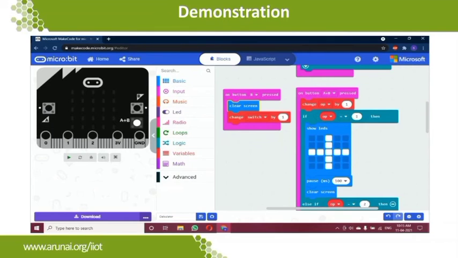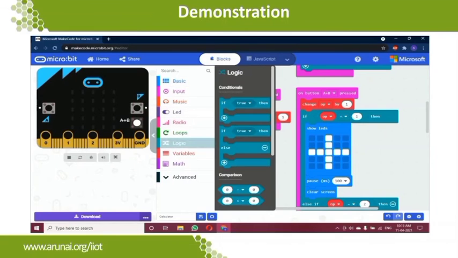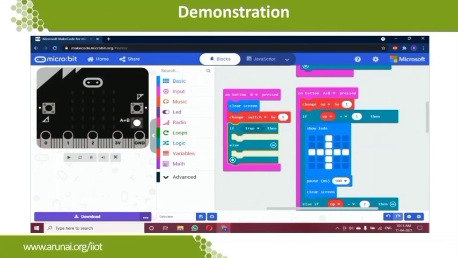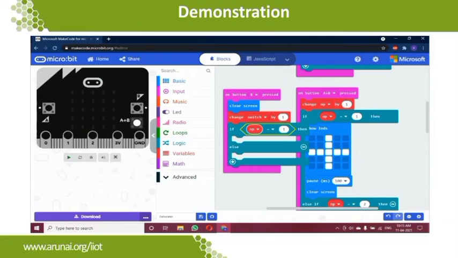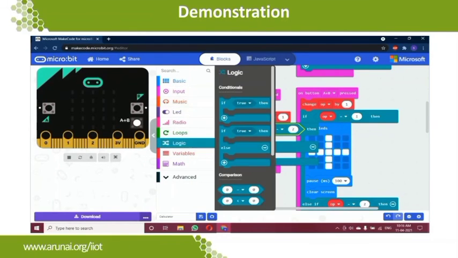So why are we changing the switch by 1? Because the B button is used for confirmations. We are going to have 2 confirmations here. First is after confirming the first number, that is after fixing the number 1, we are going to press button B. Then after the end of operators and number 2, we are going to again confirm with B button to show the results. So this is the function of button B. So first function is changing the switch by 1. If it is changed by 1, we will be fixing the number 2, right? So that is the first function of button B.